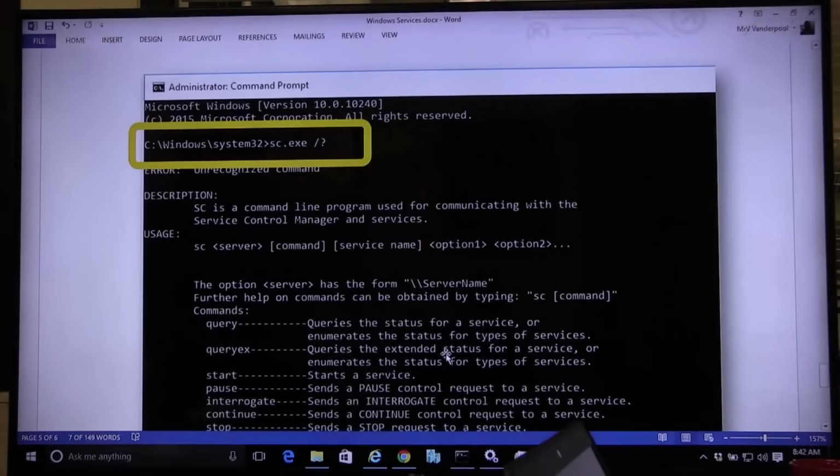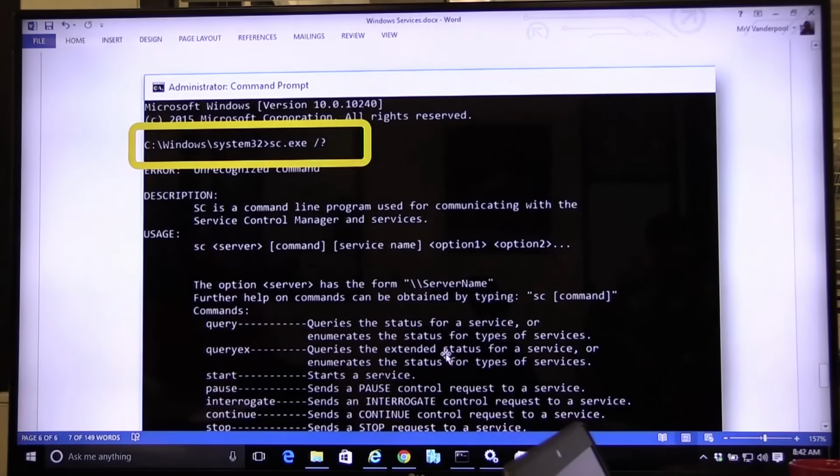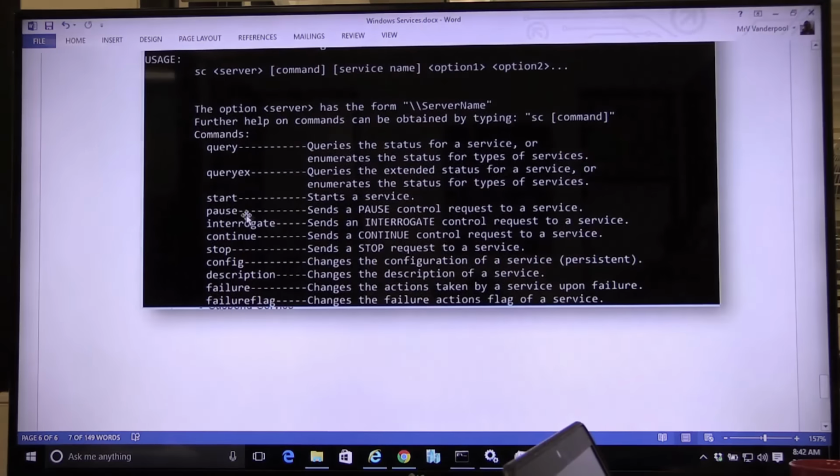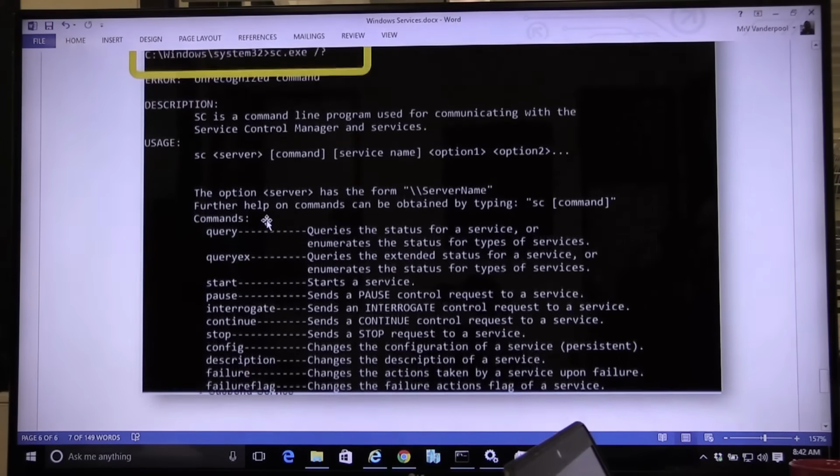Now, you've got a command line tool. Yes, command line. Yes, I love command line. In case you have forgotten this dark, ugly place, let me remind you, sc.exe allows you to start, pause, stop, configure any service.